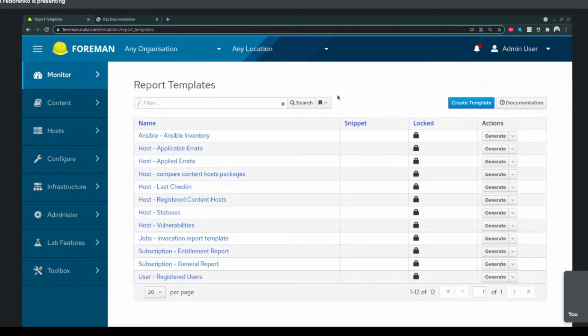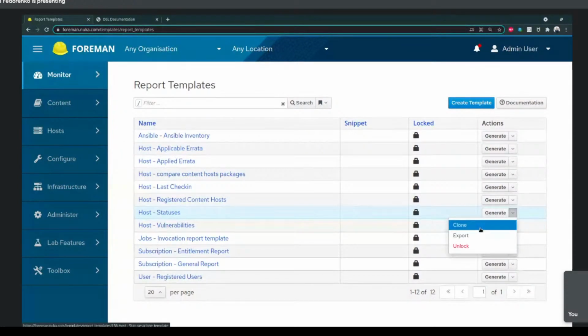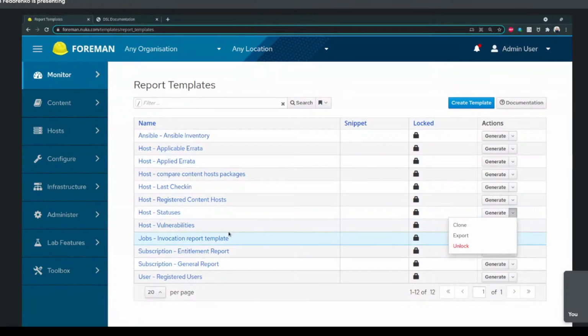The feature is actually a new DSL autocompletion for templates, for any kind of template that you're creating or updating. So how does it work? I'll show you a dummy example, just to save some time. Let's assume that we want to update host statuses, for example, or any template actually, but I'll show it on report template. Let's just clone it, and